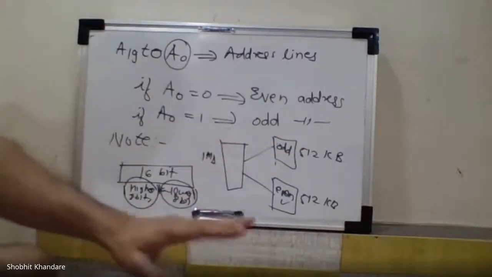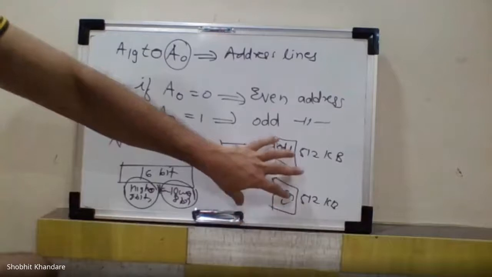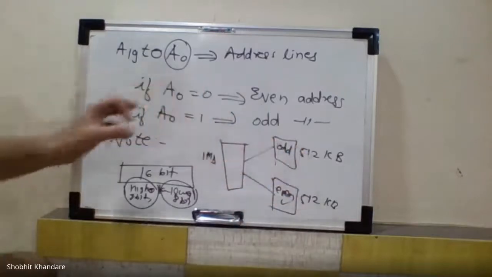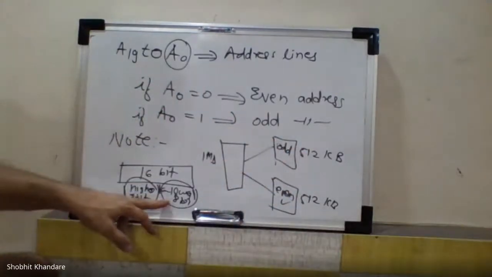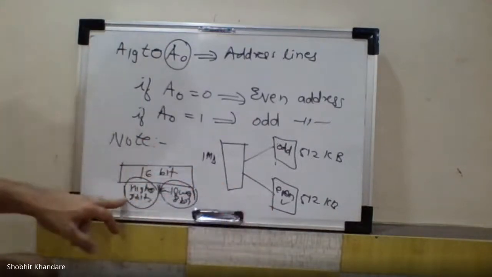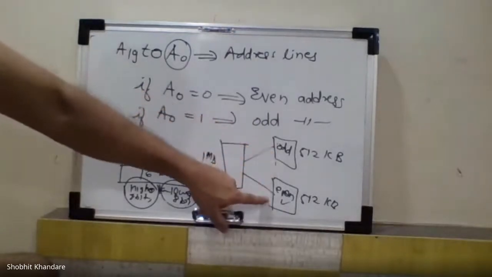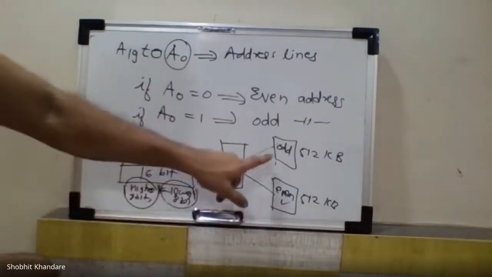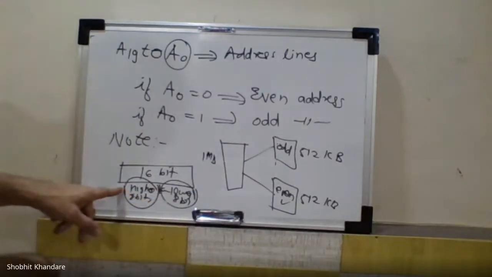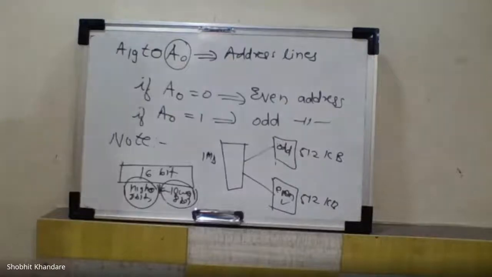Okay, so just try to understand. If my data is of 16 bit and if I want to store the data into the memory or if I want to take the data from the memory, so lower 8 bit will be available where? It will be available in the even bank and the higher 8 bit will be available in the odd bank. That's why even bank is also called as lower bank and odd bank is also called as a higher bank. अभी ये कैसा होता है, क्या होता है, ये हम आगे पढ़ेंगे. Is it clear? Yes sir.